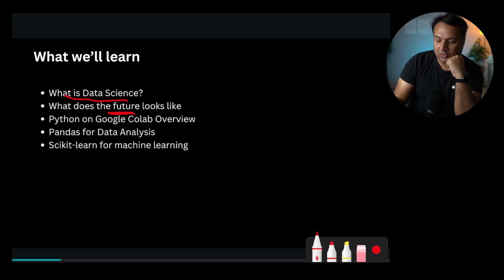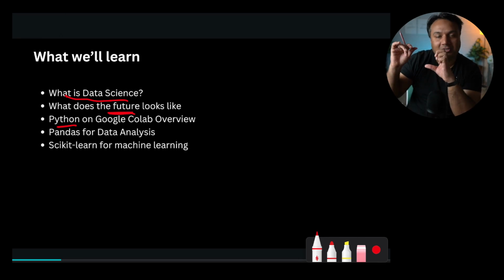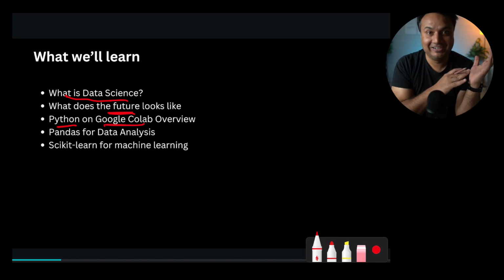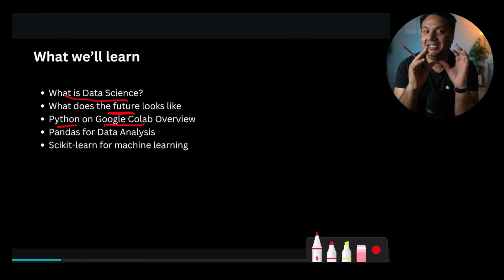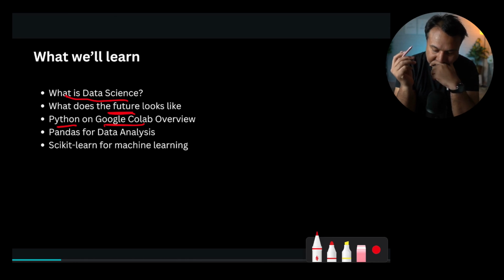And then we'll go into Python. So this is like the actual meaty stuff where we'll actually do some hands-on exercises. And we'll be using Google Colab as an environment where we will be running the code. And these two are a very lethal combination in terms of how easy they make things.